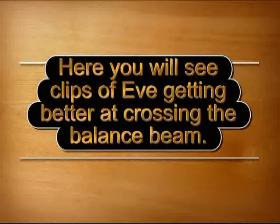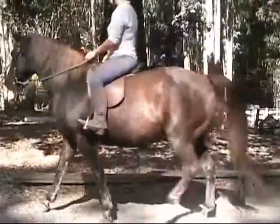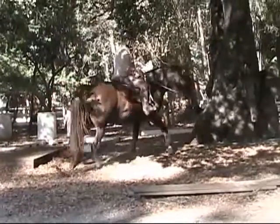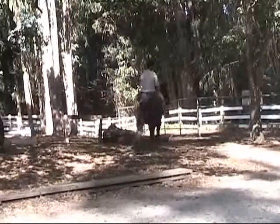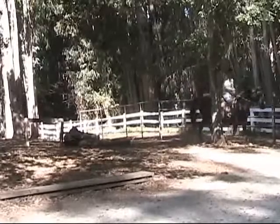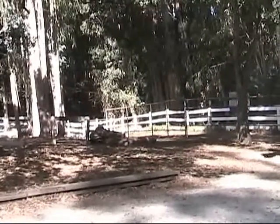Here you will see clips of Eve getting better at crossing the balance beam. The last time we had Eve out here by the balance beam, she actually walked all the way across the 16-foot balance beam for us. Then we took her out on a trail ride immediately as a reward, and this is the first time we've tried it since. And you're watching, and we're showing you whether or not she'll do it again, and if not,